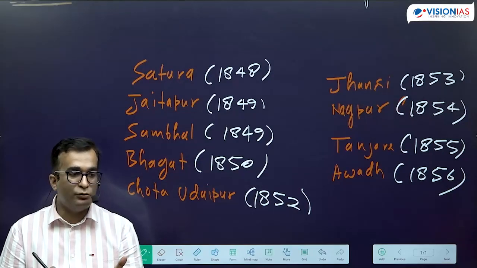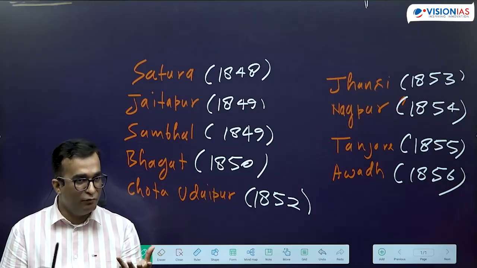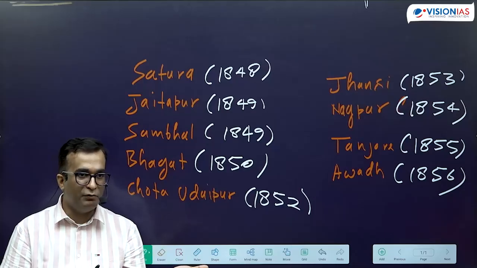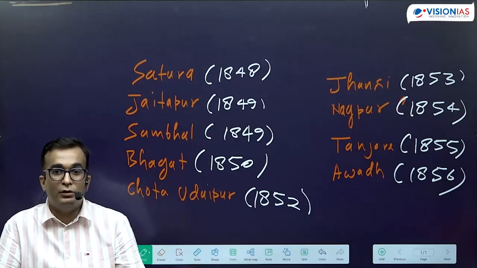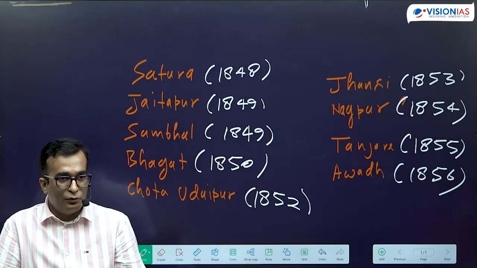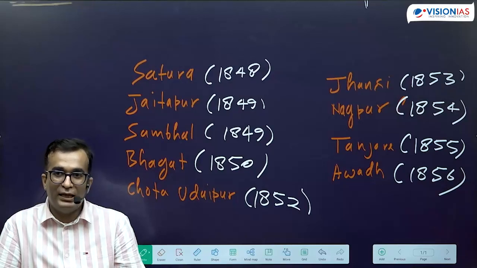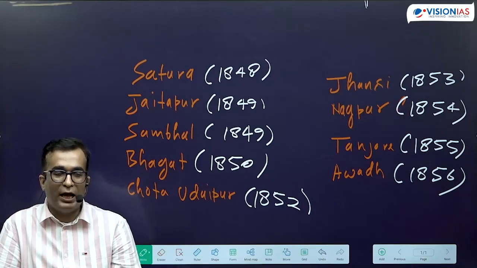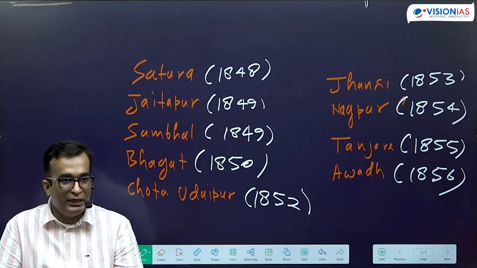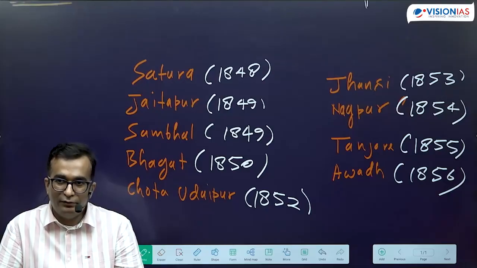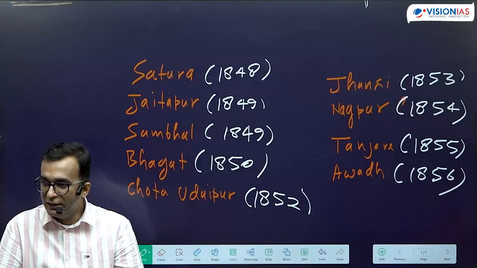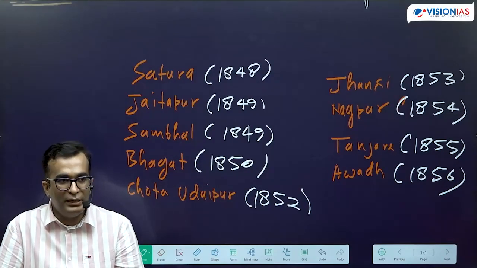When this happened, those sepoys who had not refused to use the rifles, who were not given any punishment because they were not involved, felt that they were also being humiliated. The next morning, these sepoys who were not part of it released their fellow sepoys from the jail, and by the evening they had killed all the officers in Meerut. On the evening of 10th May they started for Delhi. On the morning of 11th May they reached Delhi. They proclaimed Bahadur Shah Zafar as the Emperor of Hindustan and started the mutiny in his name.